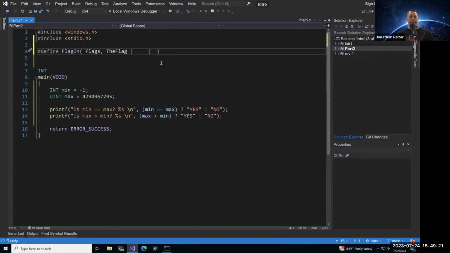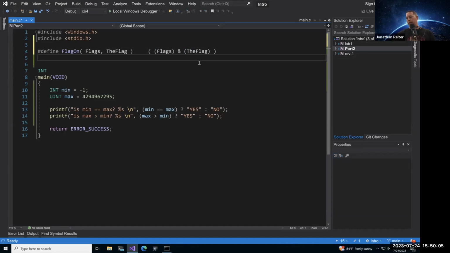Cool, all right, everything's looking good. So for the implementation, we're going to use a bitwise AND operator. I'm going to put some placeholders out there and then my AND operator. Let me move the mouse out of the way here. Over here, on the left-hand side of the operator, we'll say the flag's value, right? So the actual value that is coming through this macro, we'll do the flags, and we're going to AND the flag of interest. Okay, so that is the flag on macro.